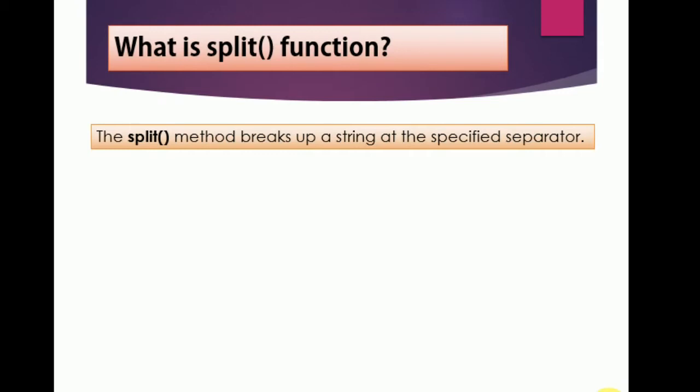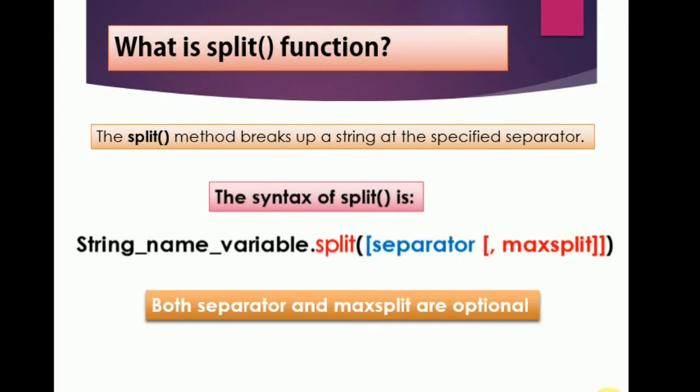First of all, we go through the syntax of split, then we will discuss how we are going to use it. The syntax of split is: string variable name, then dot sign, split, bracket, separator, comma, max split, bracket close. One more thing you need to understand is that the separator and max split are optional.